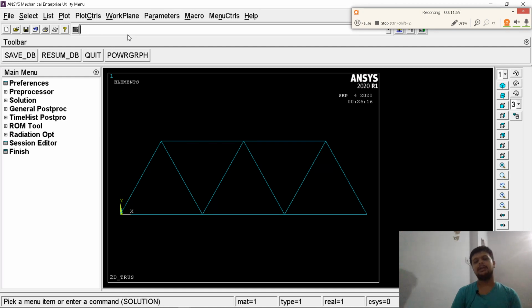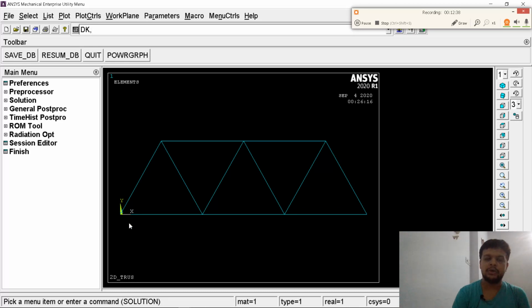In this model we will apply some degrees of restraint. We will also apply loads on this static structure. For applying degree of freedom, use the command DK. D is for degree of freedom, K is for key point. If you directly use the D command, it means that you are going to apply degree of restraint on nodes. But DK stands for degree of freedom on key points, which were created originally before creating these lines. First we will give 0 degree of freedom at origin.